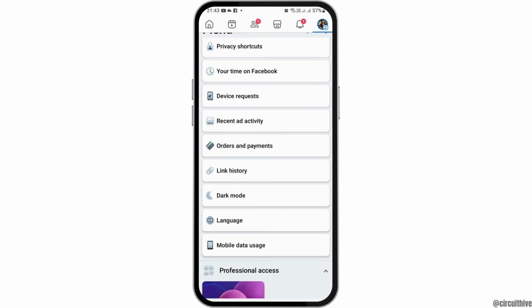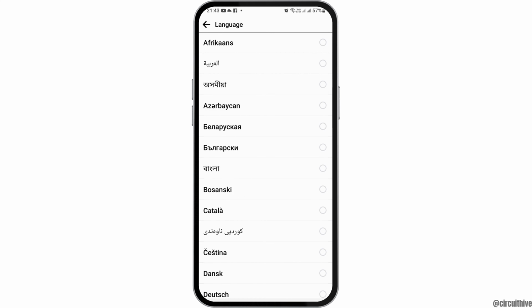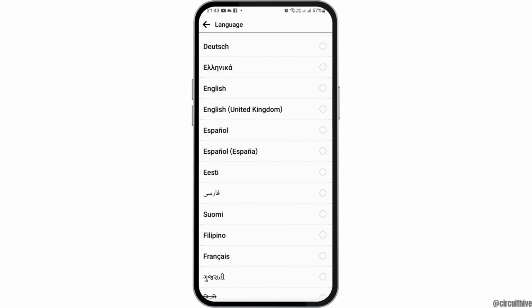Now you have to tap on the option of language. Now after you tap on the option of language, you have the various options. Either you can put the device language or otherwise you can also change the language to any of the languages